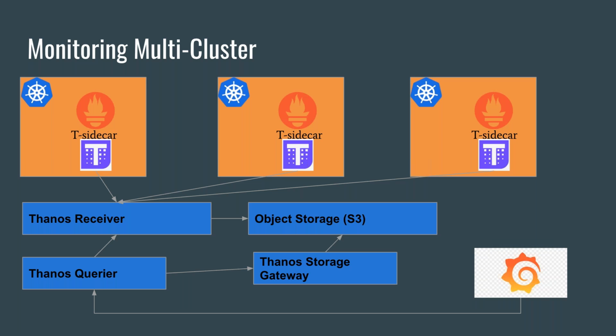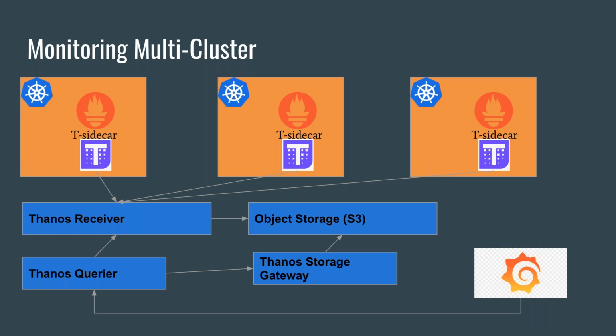You see there is a Thanos sidecar. This Thanos sidecar already knows how to collect metrics from Prometheus. So it collects metrics from Prometheus and sends them to the Thanos receiver. Remember this Prometheus operator, by using some configuration and options, you can enable Thanos and provide your receiver URLs, etc. When this Thanos sidecar sends metrics to the Thanos receiver, the Thanos receiver is responsible for putting this data in the object storage based on the retention period.